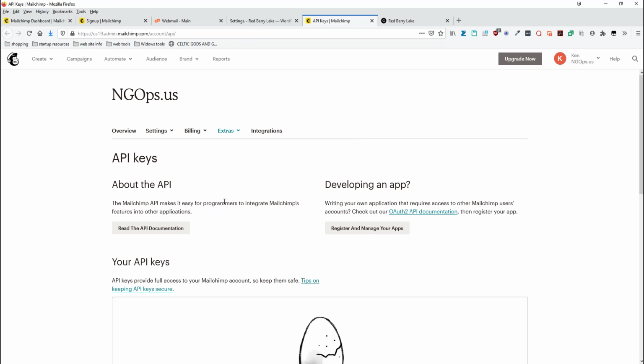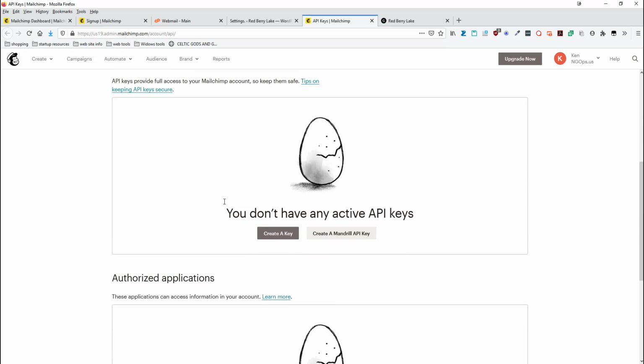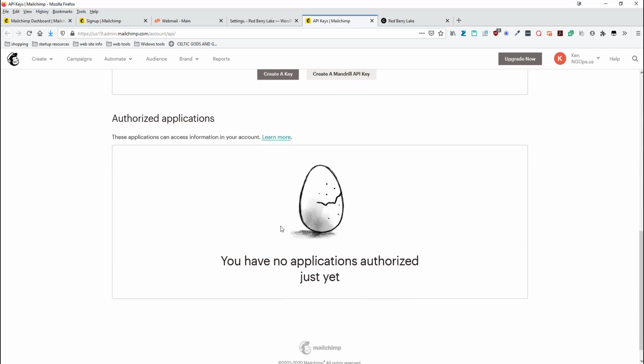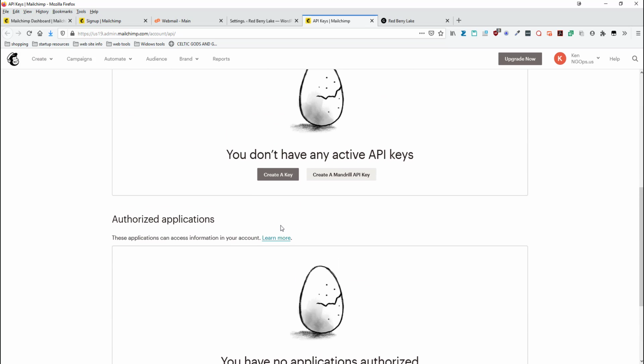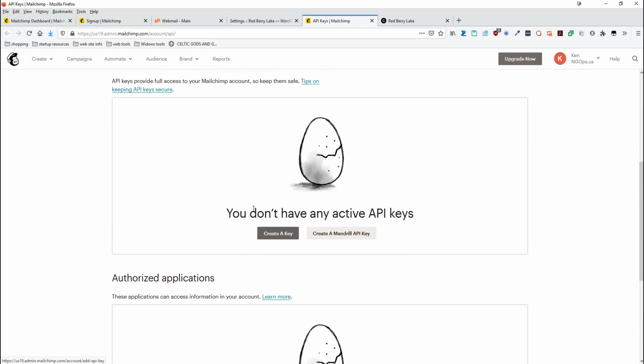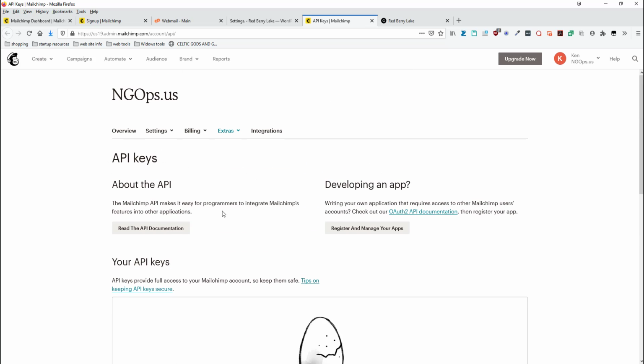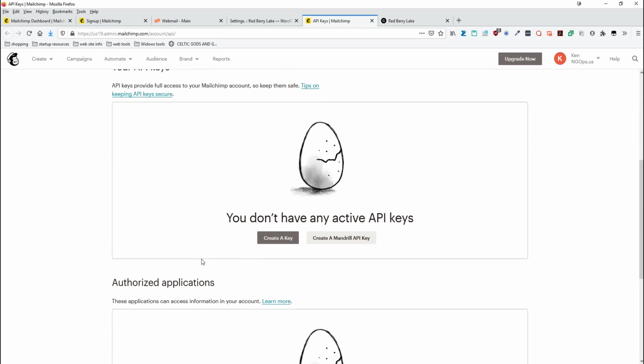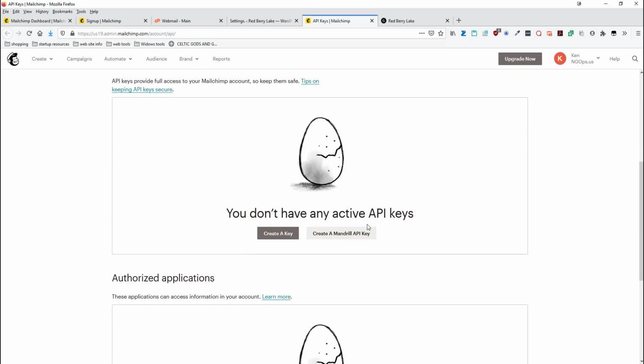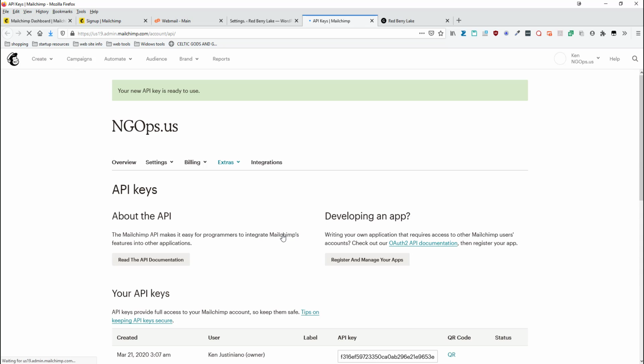So it's going to kick us over here. We don't have any keys made yet. The first section is about the API, then your API keys is below that. This is where it's going to show you don't have an API key, and there's going to be create a key, create a Mandrill API key. Just hit create a key,